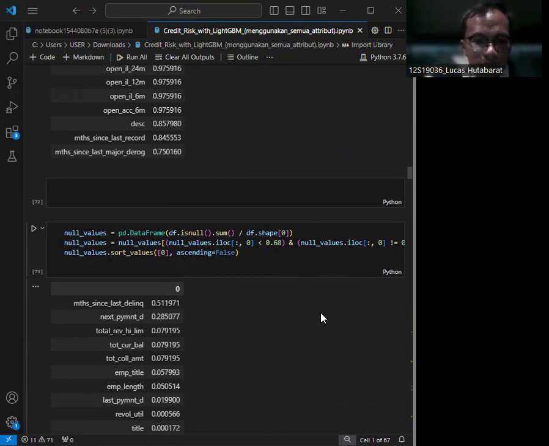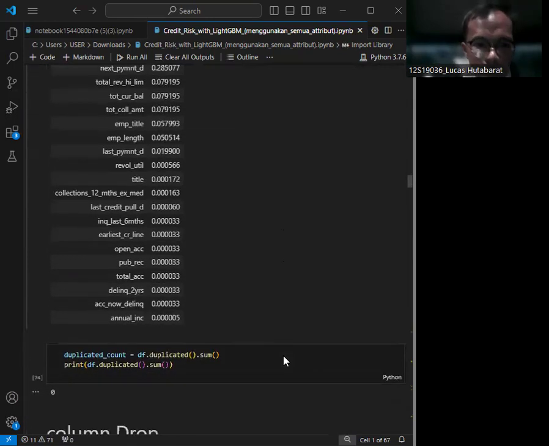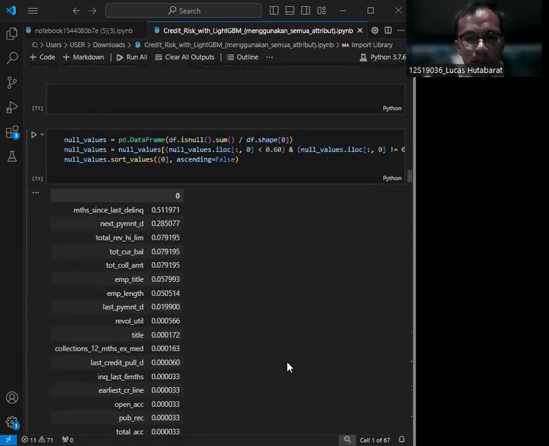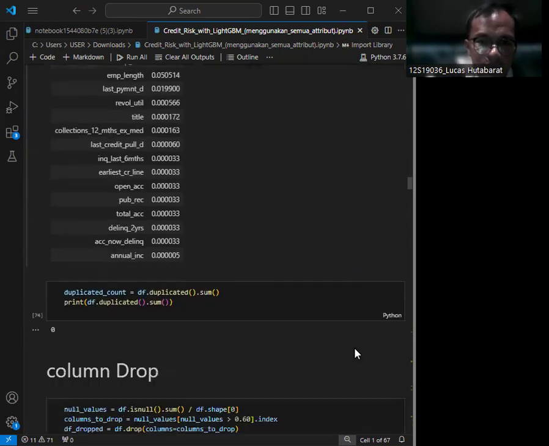This helps in cleaning the dataset for better model performance. And then we drop unnecessary columns. We drop columns that are not useful for our analysis, like IDs and addresses. This reduces the complexity of the dataset and focuses on relevant features.